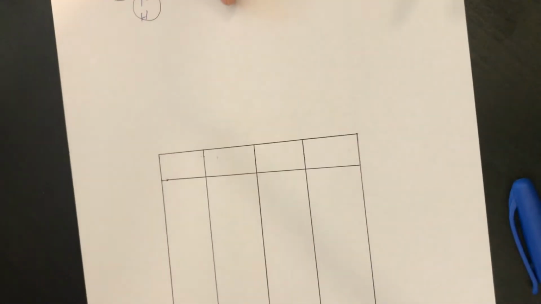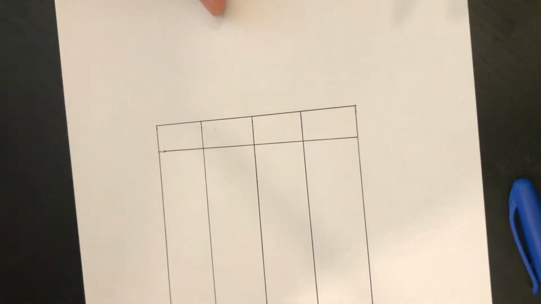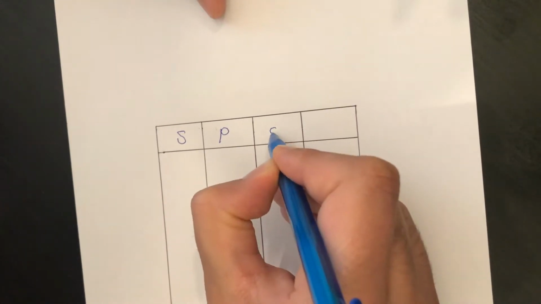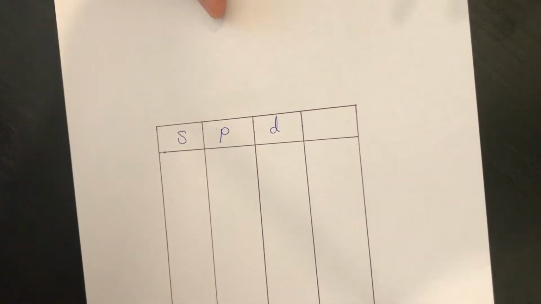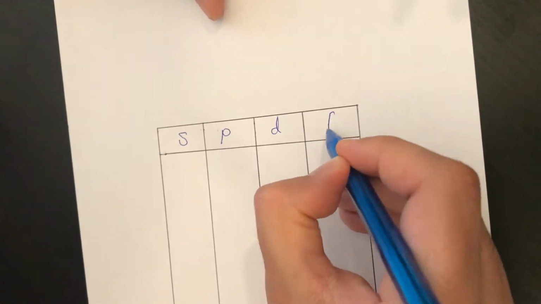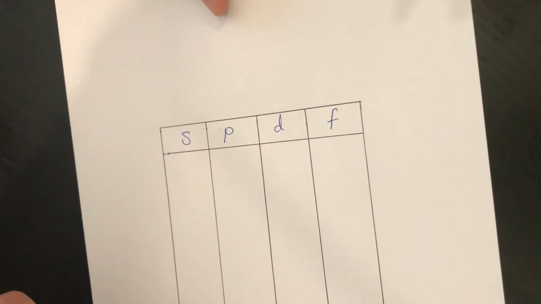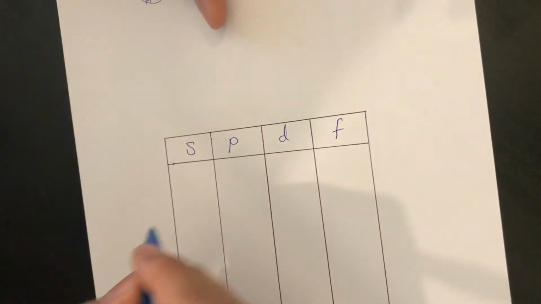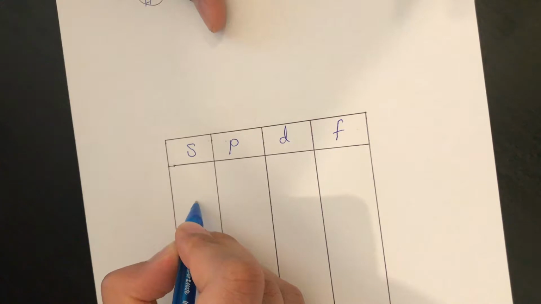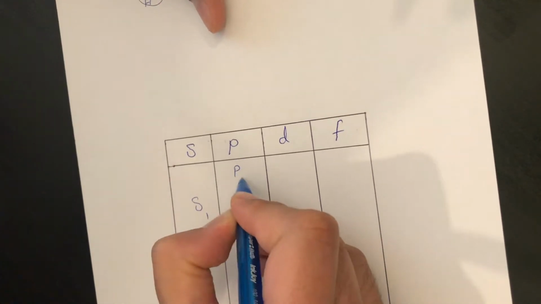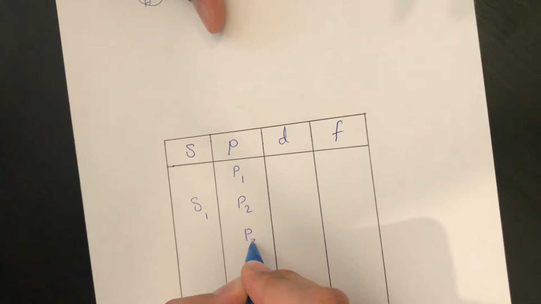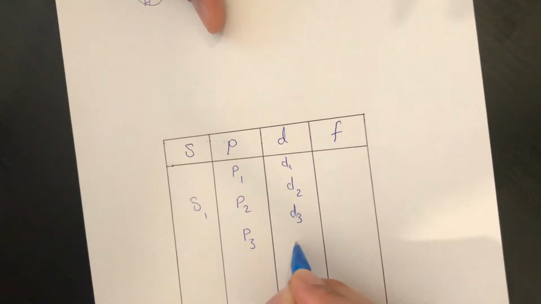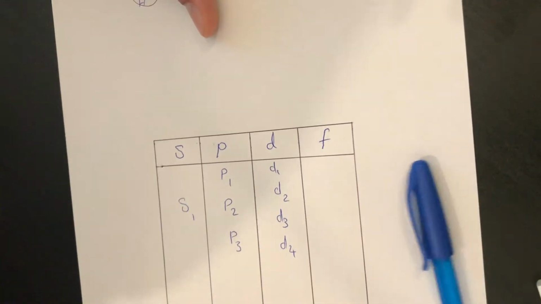To understand this, please bear in mind this table. We always have S, P, D. But for now, we are not considering the rest, but we have F. That's mainly for postgraduate students. So we're mainly concerned about these for now. S can hold up to 1. P can hold up to 3. D can hold up to 4. But F can hold up to